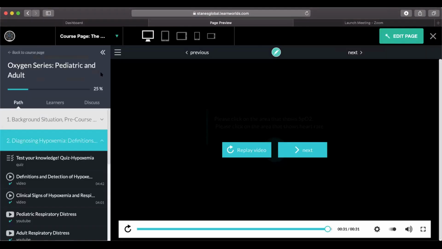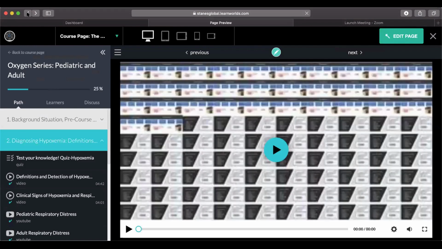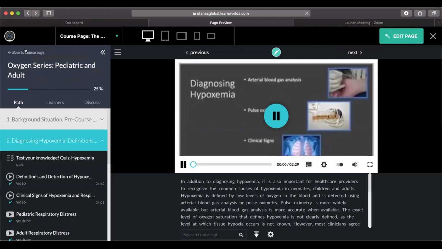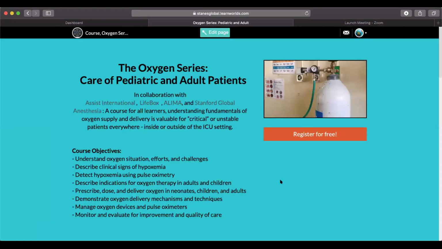So I'm going to again share my screen. All of this information and all of the discussion for the next sessions will be found online at the Learning Resource Center, as well as the Assist International webpage. So I'll show you some of the other resources that are available to you and everyone. Anyone can sign up for an account on the Learning Resource Center. And it's free and it's open access, and you can share it with all of your friends. So anyone who needs information is welcome to join this